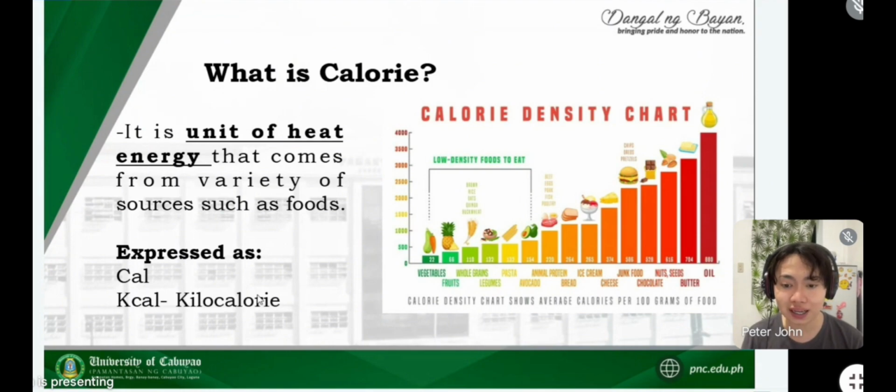Often, we use kilocalories. So, kung nakikita niyo dito sa picture, class, we have the vegetables. Ayan yung calorie often ng mga vegetables, around 1,000 calories lang. So, kung napapansin nyo, mga burgers, chocolates, oils, and butter, often they occupy the higher calories. Kaya nga, pag kumain tayo ng sobrang dami ng mga foods na kagaya ng chocolates and oily foods, mabilis po tayong tumaba, kasi they exert more amount of calories in our body. So, yun lang siya. Okay?